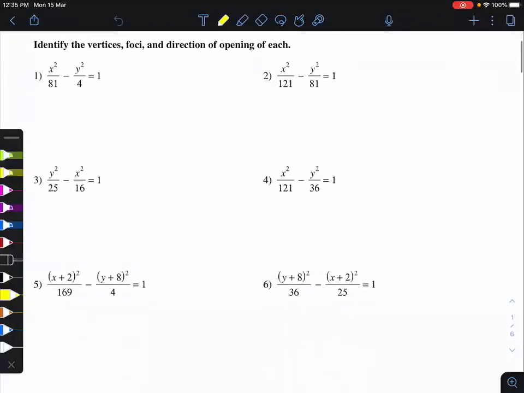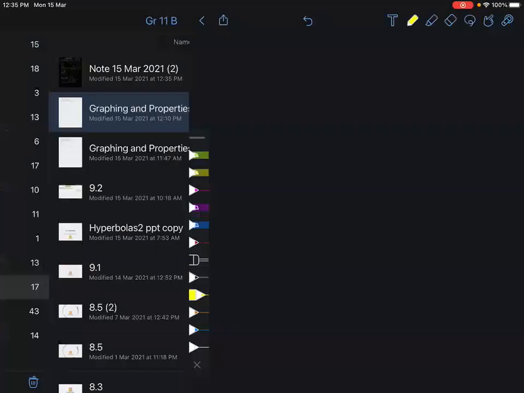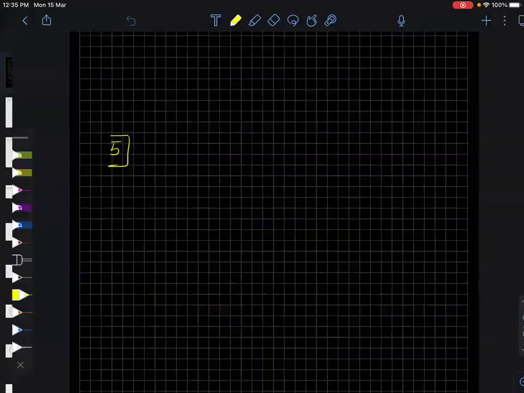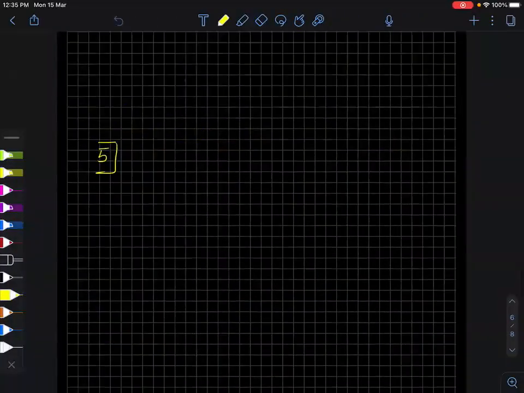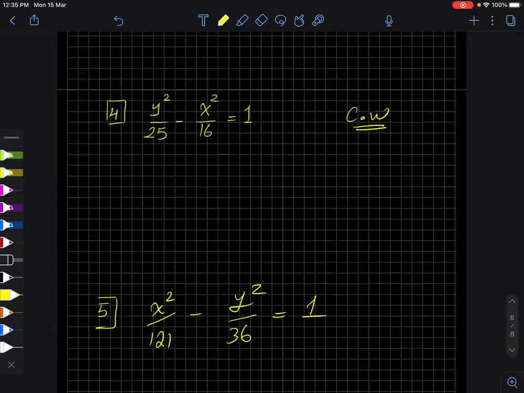Number 5 is x squared over 121 minus y squared over 36 equals 1. Draw your hyperbolas or graphs. Classwork, both of them, and also send your classwork via